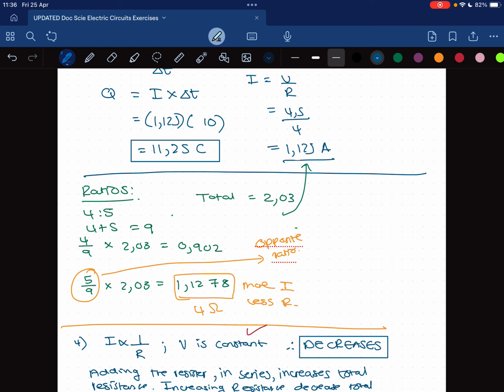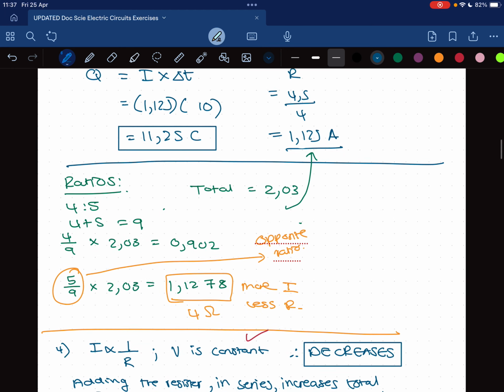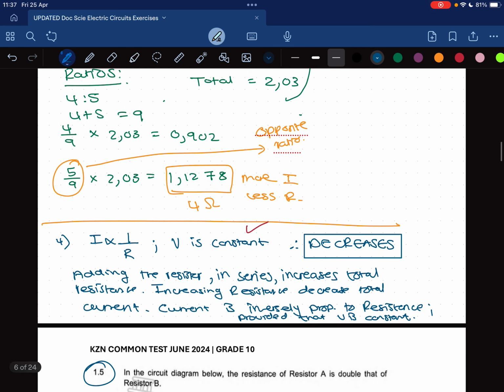Okay, so there's 3 parts to circuits. It's Ohm's law, which we've now covered. Then it's the laws that we use with power calculations, which we're going to do now in grade 11. And then next year we'll look at internal resistance. So every time you see a question that says it's negligible, next year it will not be negligible. Okay, so please make sure that you're practicing, go over the exam questions,